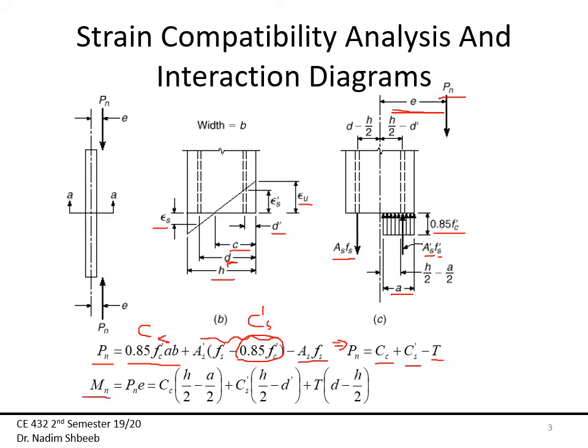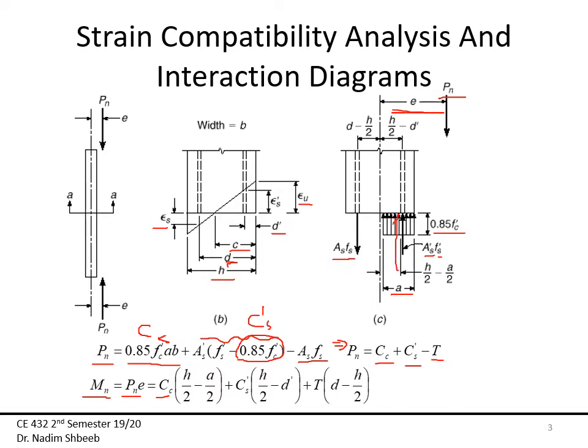So the nominal moment is going to be equal to my nominal axial force times the eccentricity, which is, if I take each force individually, again, Cc is my compressive force, and I'm taking the moment of this compressive force, which is located at